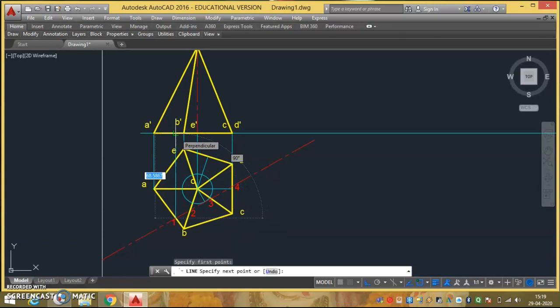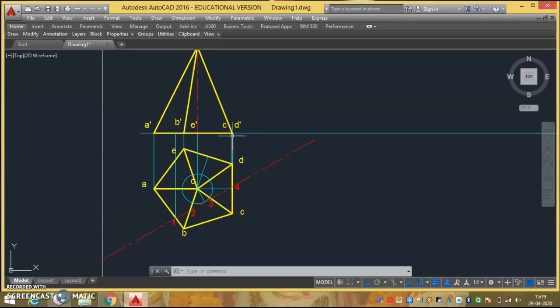Now why have we projected it till this line only? Because this point is on the AB line. Now what is the AB line? It is part of the base. Now where is the base here? Base is this line, right? Now OA, OB, OC, OD, OE are these vertically inclined lines. But when I say A, B, C, D, E, this is the base. So these points are lying on this line, so till that I have extended.